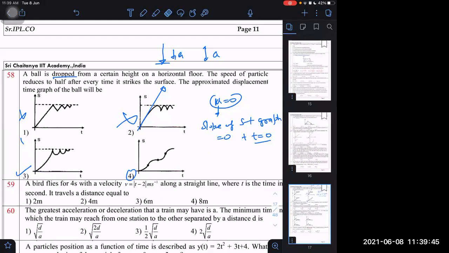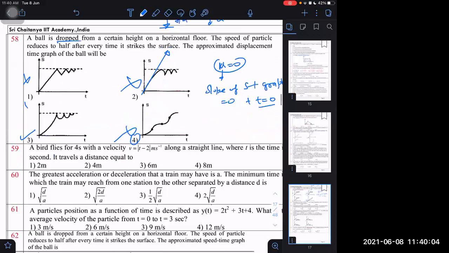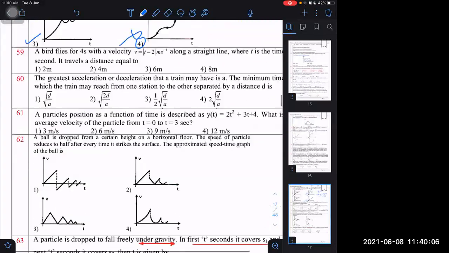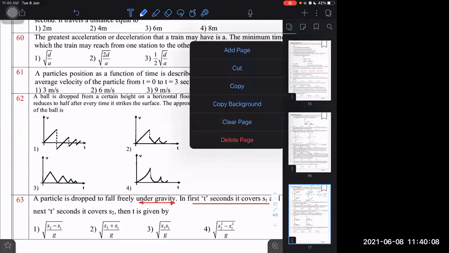I have told you yesterday that if we plot the ST graph for positive acceleration, then it is an upward parabola. For negative acceleration, it is a downward parabola. If acceleration does not change sign, then the displacement versus time graph cannot change from upward parabola to downward parabola. Therefore, fourth is also wrong. Only 3 can be correct. There can be other options also which can be correct. Let me give those options also.